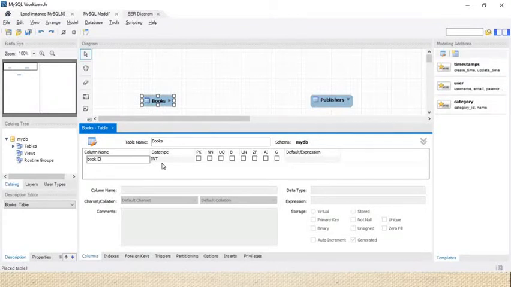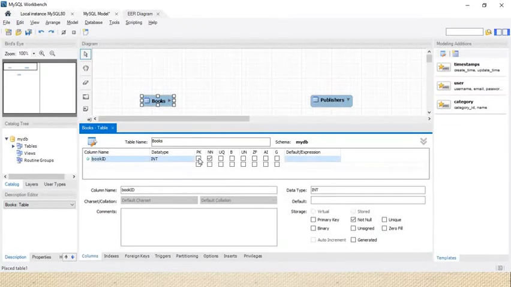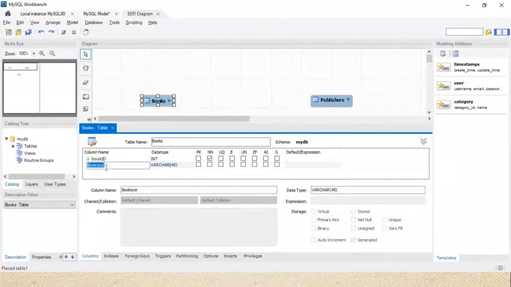Okay. Second important thing, we learned about the primary key, the foreign key, and the composite primary key. Have we studied that or not? Yes, we did. We learned about all these things. So we need to understand whether we need to use book ID as a primary key. Yes, we can use it. So just click on the primary key. Okay, so the second attribute we inserted is book ID.